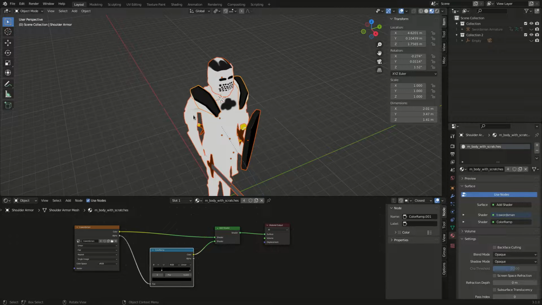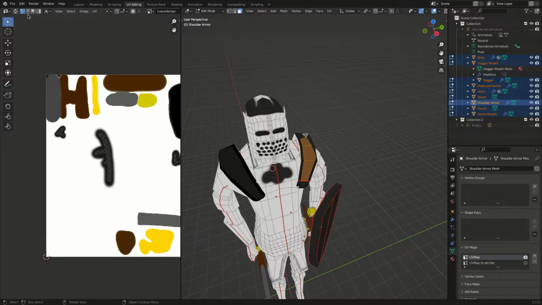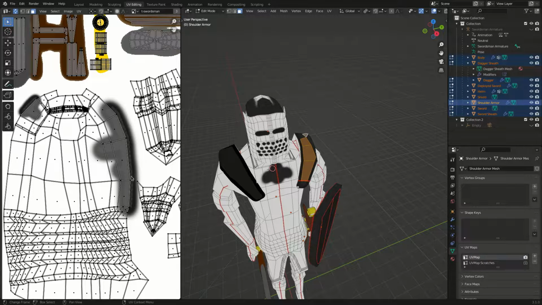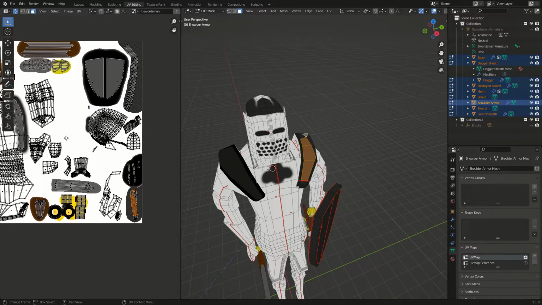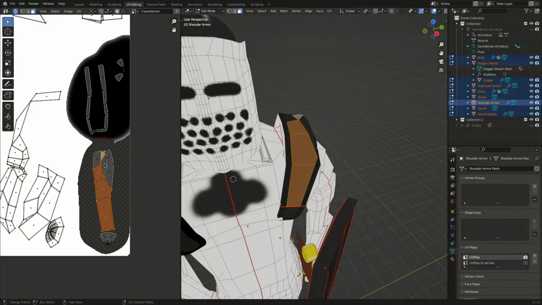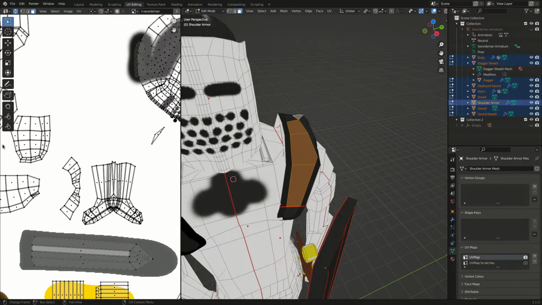To achieve this technique, go to your UV editor. If I show the unwrap, the parts that are being affected by the shader are within this alpha. If I go over here to my shoulder armor, the faces that are selected are also within the alpha. If I remove the unwrap,